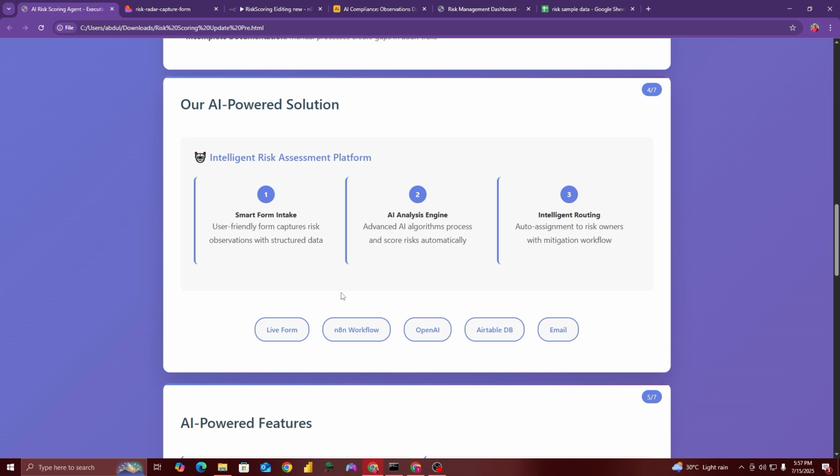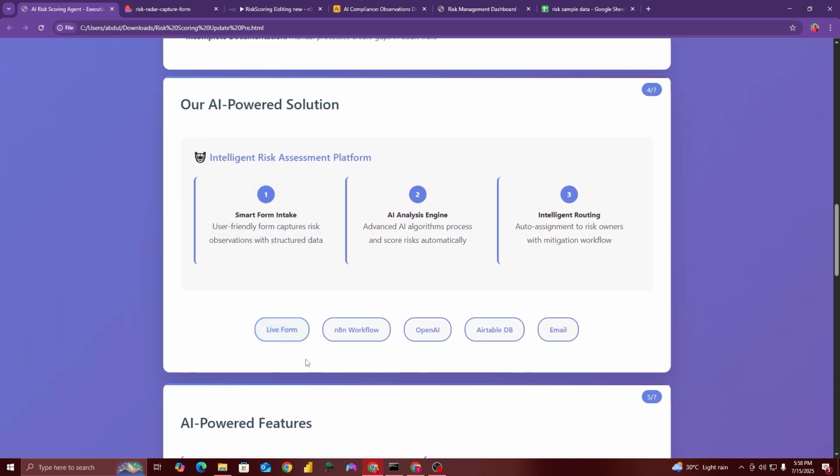Then the same analysis will be auto assigned to the specific risk owners to input their mitigation plan, and also, based upon all the analysis, they will give us the final risk scores, based on their experience. So it's a risk scoring AI agent with human in the loop, because we are not going to challenge the human experience at this time, but we are going to create a risk scoring agent that will be closely working with the human.